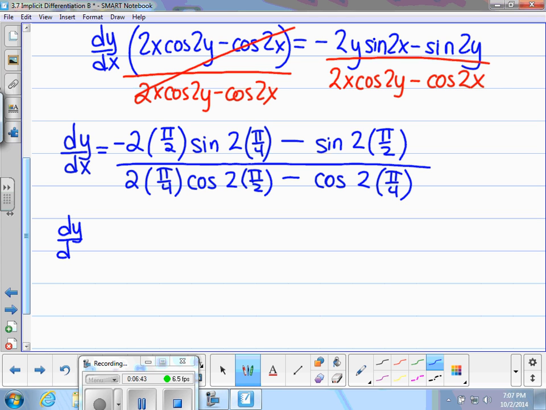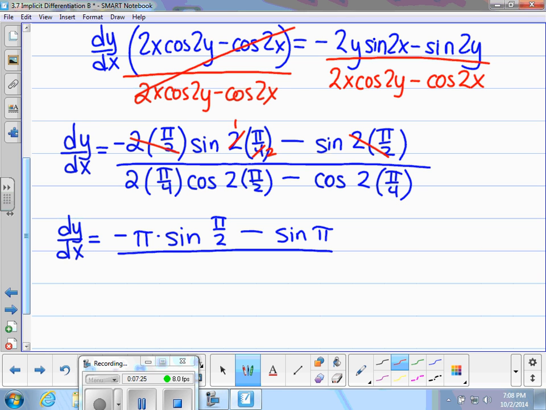So dy/dx equals, all right, so negative 2 times pi over 2. The 2's cancel out, and I'm left with just negative pi. Okay, sine of 2 times pi over 4: this cancels out and becomes a 1, and this becomes a 2. So what I really have is times sine of pi over 2 minus, again, these 2's cancel out, so what I really have is sine of pi. Okay, over